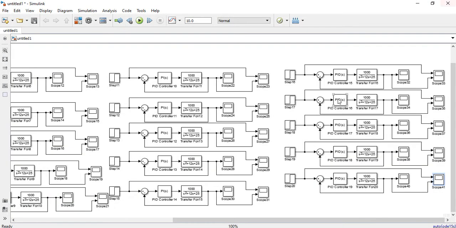So in order to get the desired output, we have to take the values, whether it is Kp, Ki, Kd, or whichever controller you are using, in such a manner that the output is stable and has a lesser settling time.